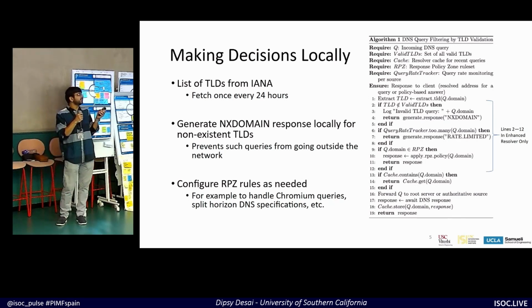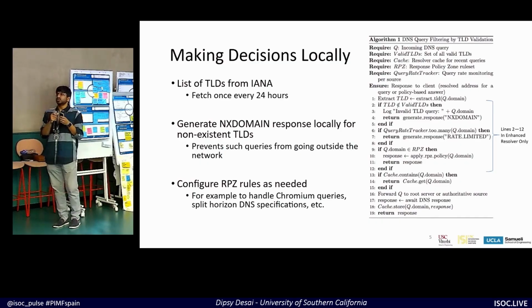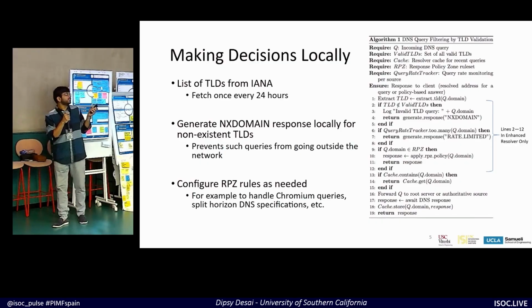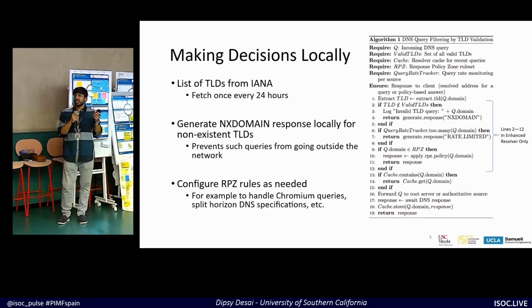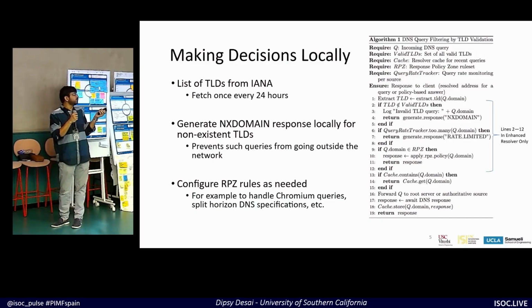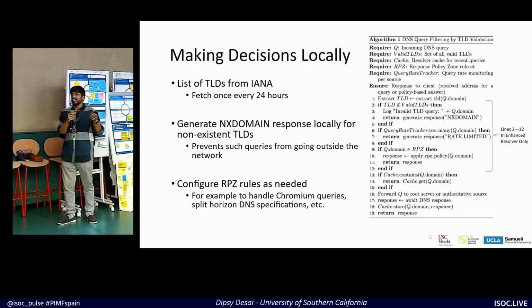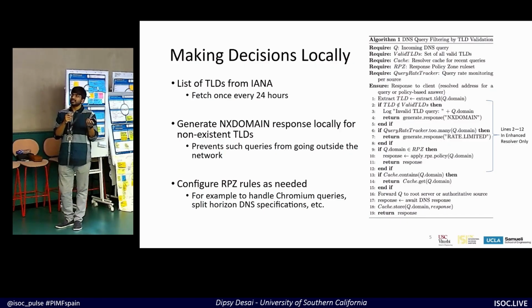And we begin with fetching a list of TLDs from IANA's website. IANA is the authoritative source which provides the list of valid TLDs. We do this every 24 hours. Prior research has shown that TLDs and IP addresses to TLDs remain fairly consistent over more than a 24-hour period, so we find 24 hours to be a good match in this case. If we validate the TLD, as I mentioned before, and it is not an existing TLD, we just return